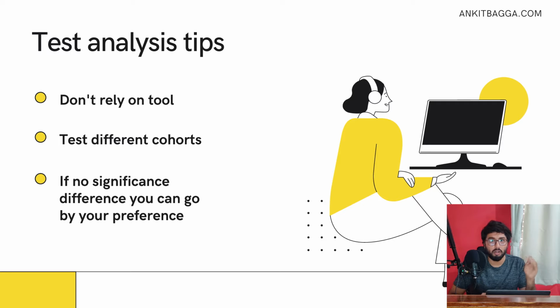If it is across all the channels, then there is nothing wrong, and you could say that B is winning and A is losing. But if it is specific to a particular channel, then you can dig deeper into why the difference is coming from that channel, and that can give you further insights. And if there is no significant difference between A and B, you choose whatever you feel like. If you still feel that your new homepage is better aesthetically, you could go for that.